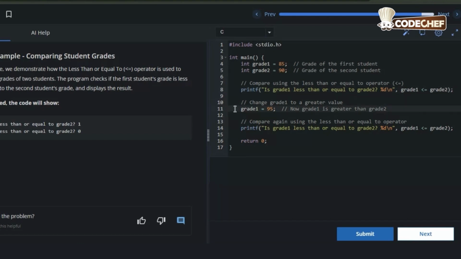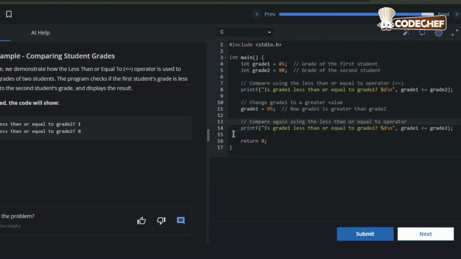Now in the next comment, we are explaining that we are changing grade 1 to a greater value, and grade 1 is changed to 95. In our next comment, we explain that we will compare it again, and in the printf statement you can see that we are using the expression again, comparing grade 1 and grade 2.